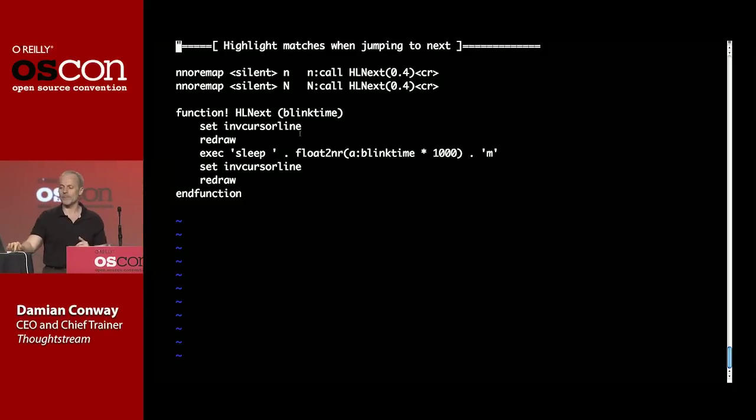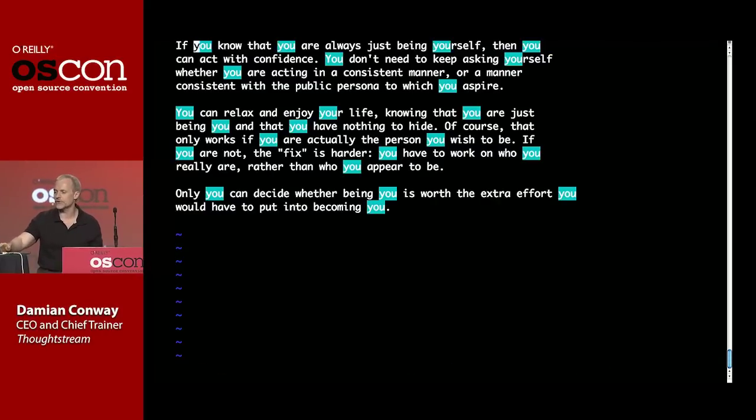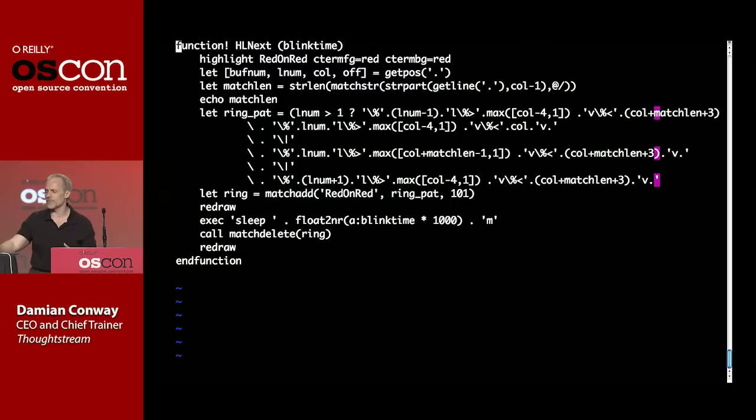Initially it was just a very simple thing, which is invert the current line of the cursor and then wait a second and then invert it again. And when you do that, at least it tells you which line you are on. So it draws your eye a little bit. That still wasn't quite good enough for me, so I just started